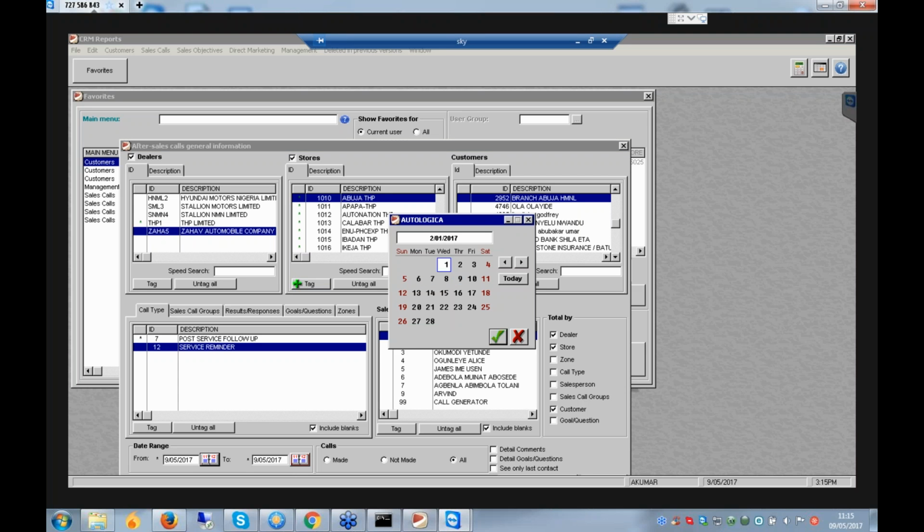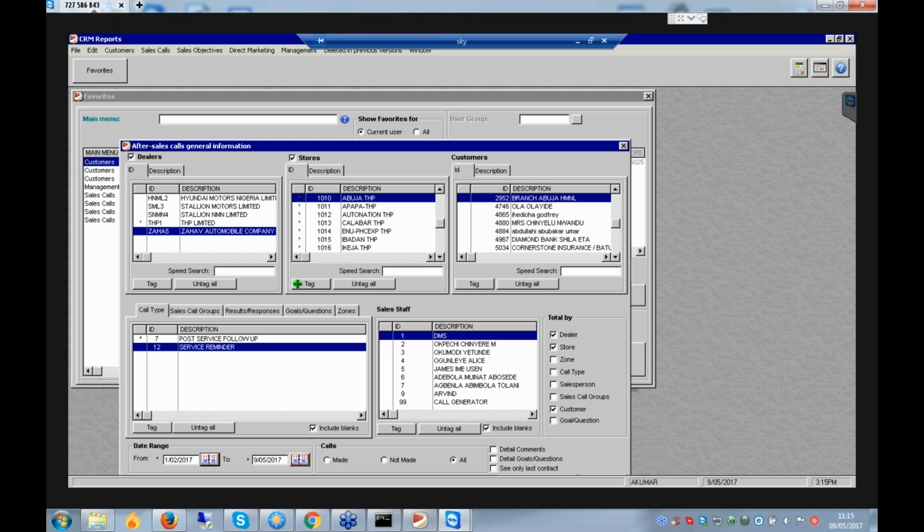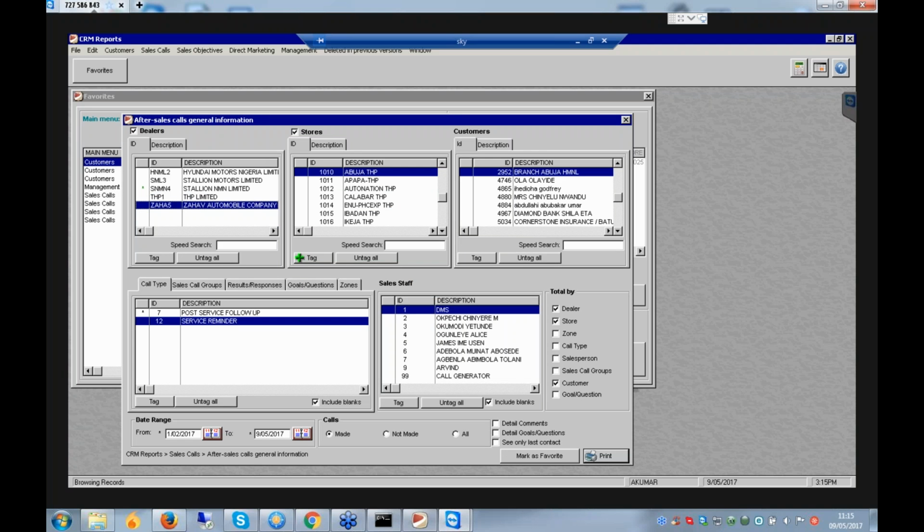I'm taking from 1st February to 28th February. Nissan select. Honda select. The comments also, but for detail comments, we didn't put the comments.